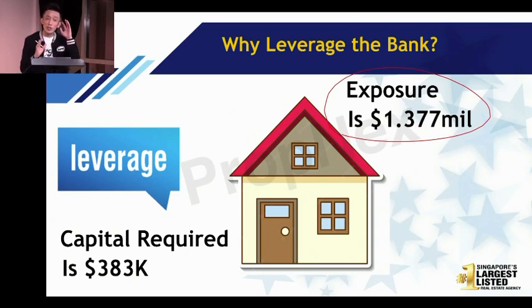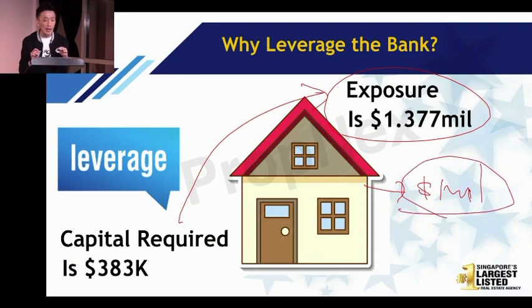Just a simple calculation. I don't need you to spend your time doing calculations, right? You need exactly 383,000 to buy this asset. But for the balance amount, you borrow just $1 million from the bank. I just do a simple calculation, not to confuse everybody. $1 million, you took a loan from the bank. You only need 300,000. That is why people use leveraging. Of course, you must not take risks. You must do financial planning, right? That is important. But the advantage of doing this is that we leverage on the bank to help us.